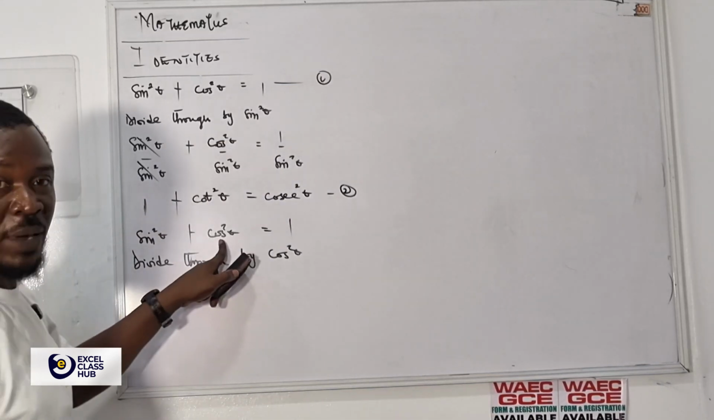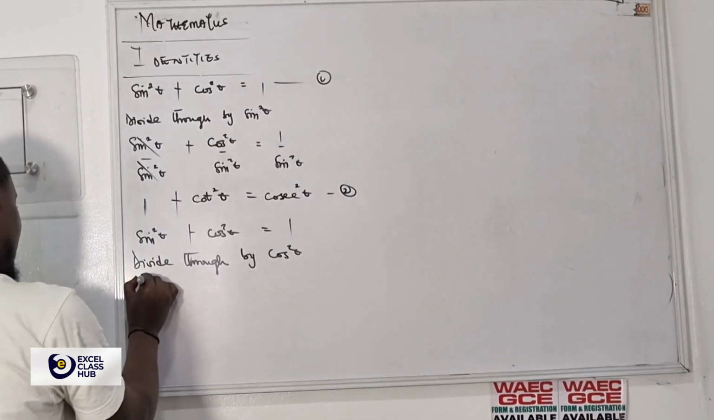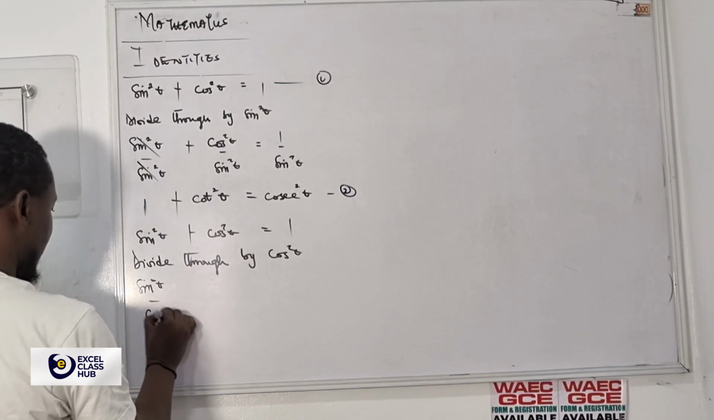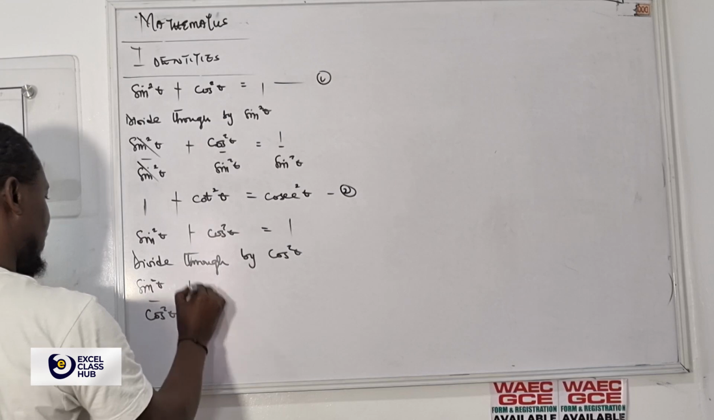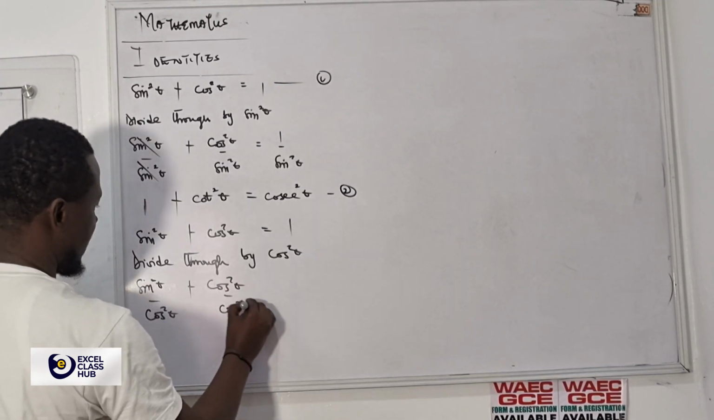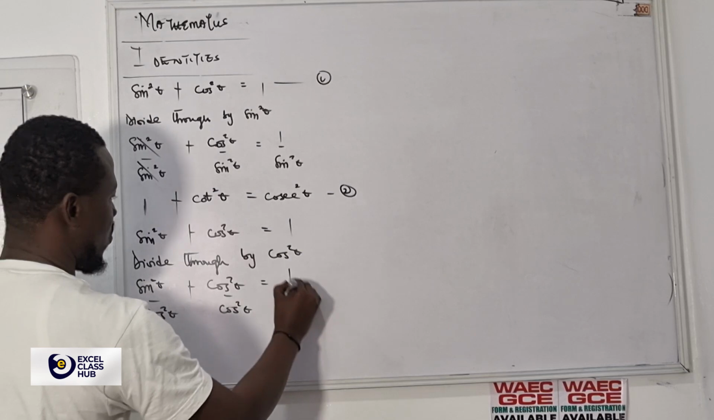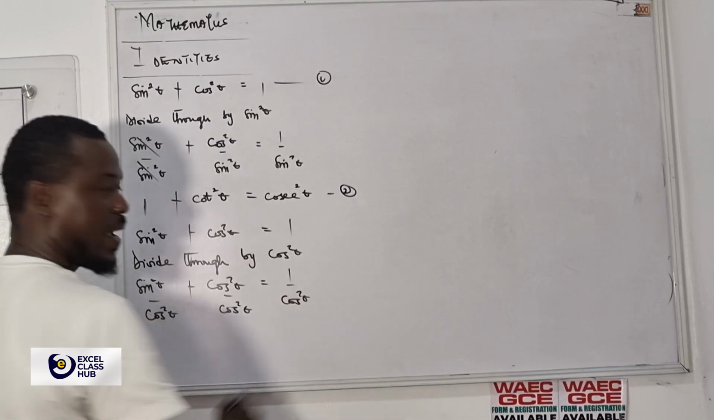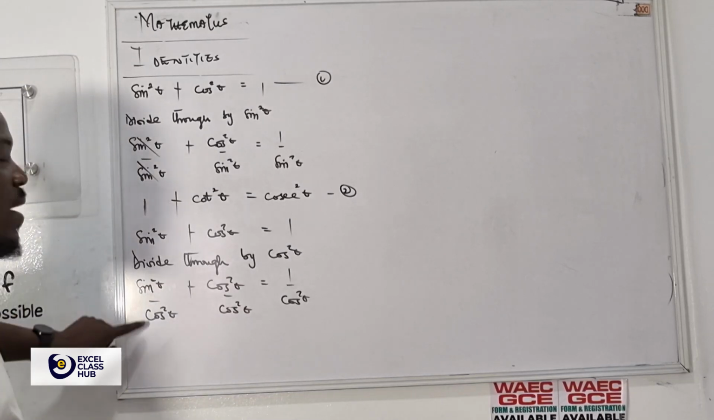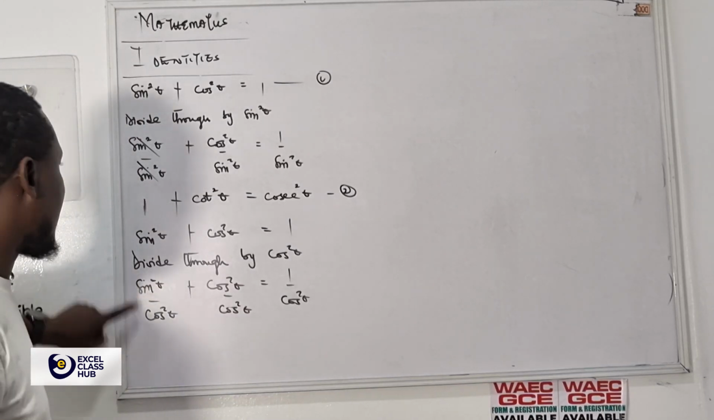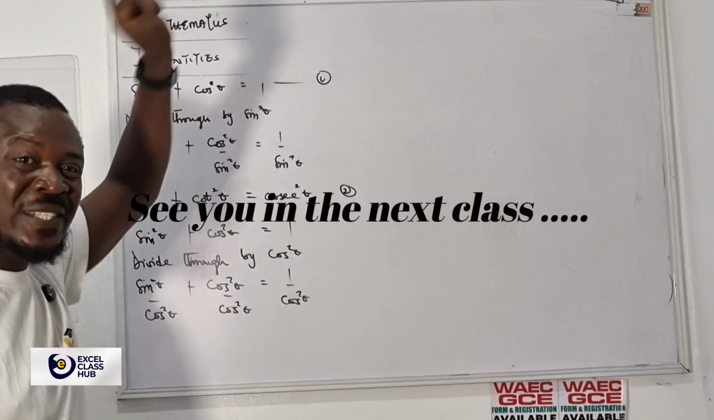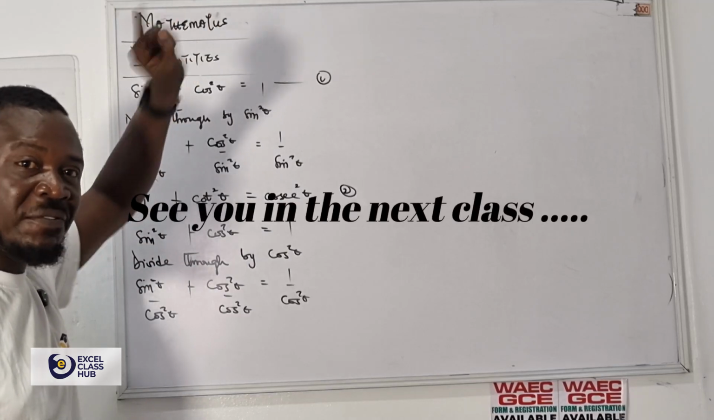Here we divided through by sine square theta. But here now, we divide through by cos square theta. So this one will now have sine square theta divided by cos square theta, plus cos square theta divided by cos square theta, equals 1 over cos square theta. Are you with me, student? So from this place, you can see that sine cannot cancel cos. Since sine cannot cancel cos, you go back to the first example. The first example that I solved, the first example